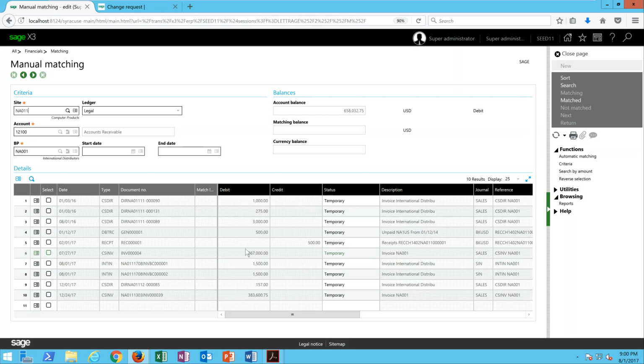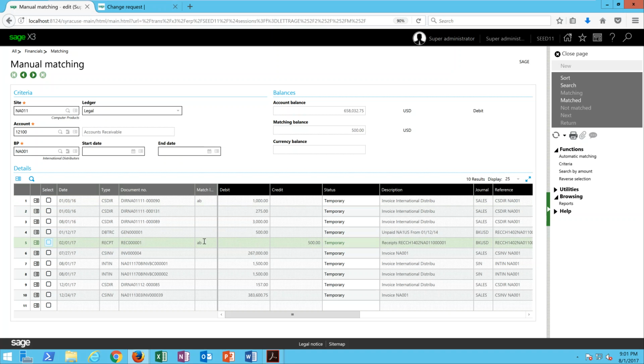Let's show you an example here of a partial match. So for instance, say this invoice right here for $1,000, and I wanted to match this payment receipt against it, I can click on this line and on that line, and you'll notice here that these two lines are still in red. They're in red, not green, because the debits don't equal the credits in this case. I can come over here, click on my matching, and it assigns it a matching letter. But you'll notice in this case it's a lowercase match letter, so that's telling me that this is a partial